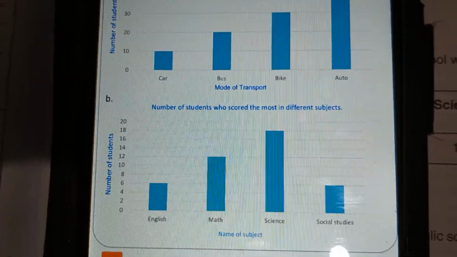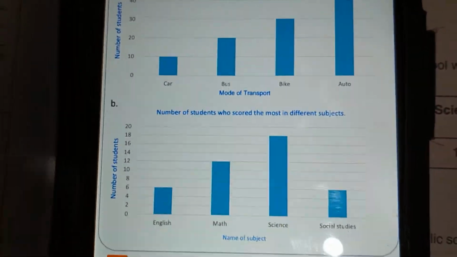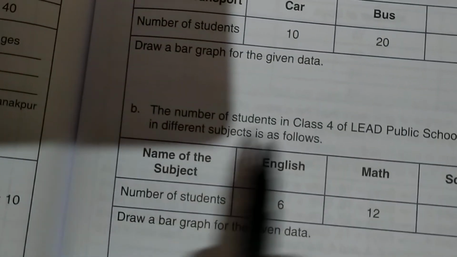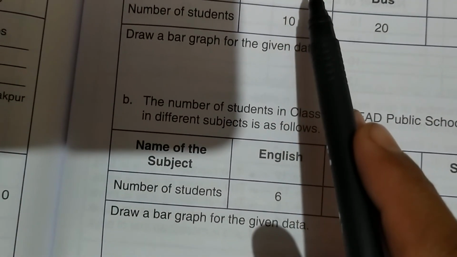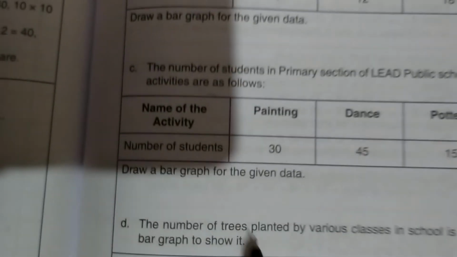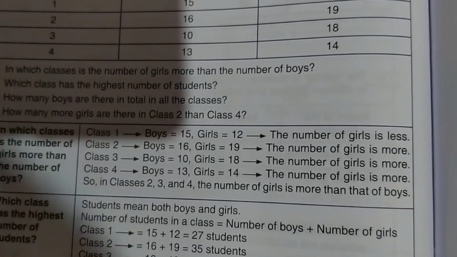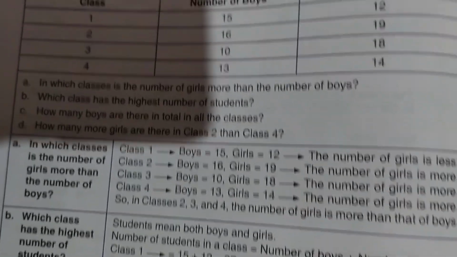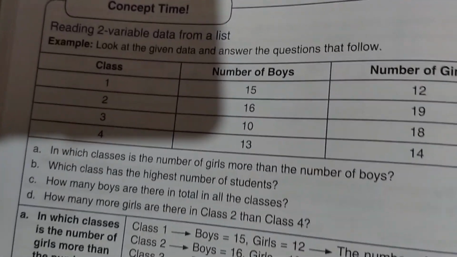Okay students, I hope your work is complete. Now we'll start the next worksheet. Okay students, so here we have completed worksheet questions A and B. Now your homework is you have to complete questions C and D. That is your homework. Okay students, so in that, worksheet number 15 is there.